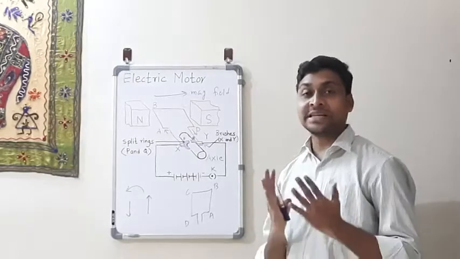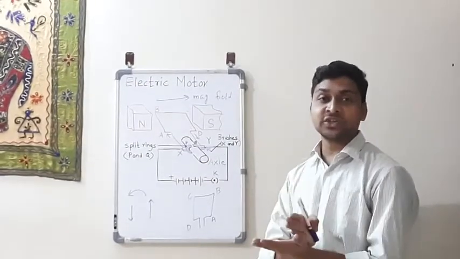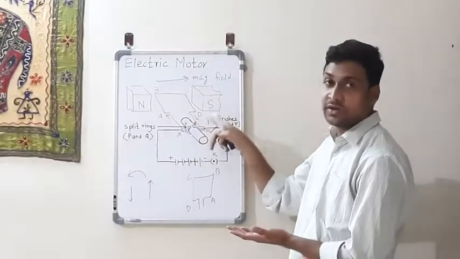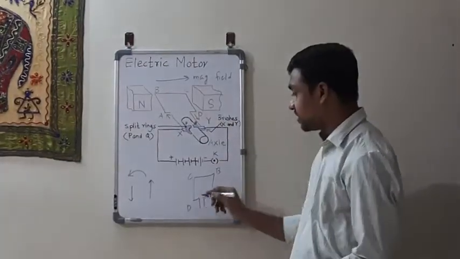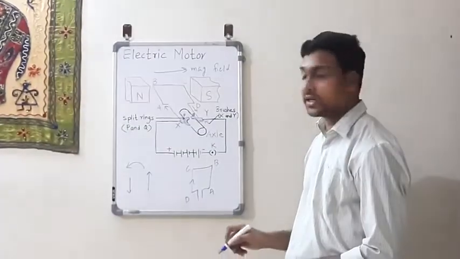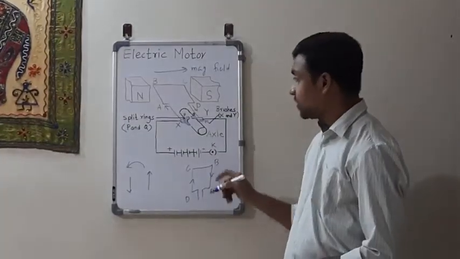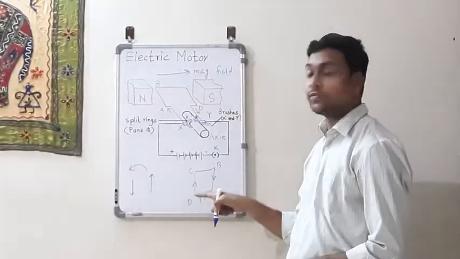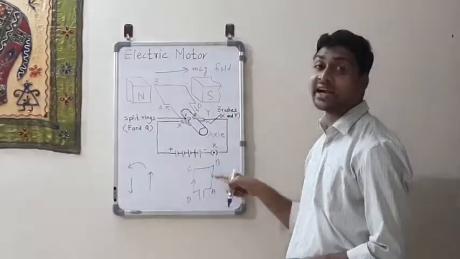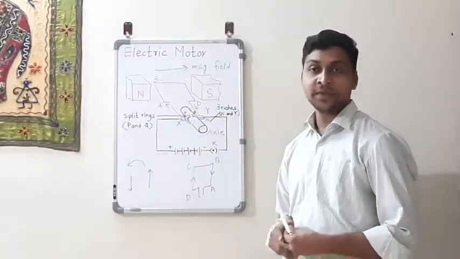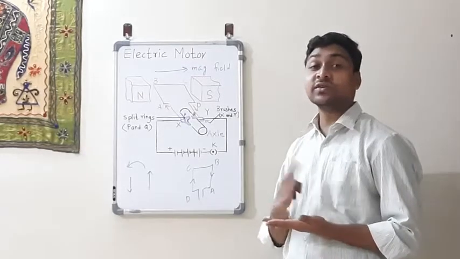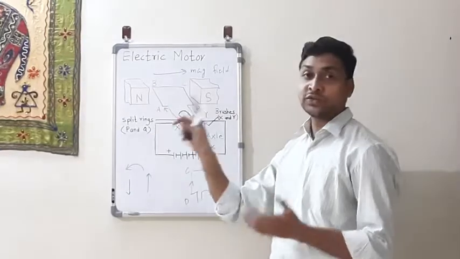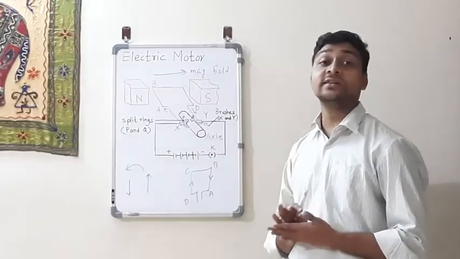A commutator is a device which reverses the direction of the current. Initially, current is flowing from A, B, C, D over here. After this rotation, current will move in the upward direction from D to C, and it is going from B to A. Initially it is moving from A, B, C, D, and now current will flow from D, C, B, A, which is exactly opposite of the first case. So there is a reversal of the direction of the current, and that is done by a device that has split rings. So split rings are acting here as a commutator.